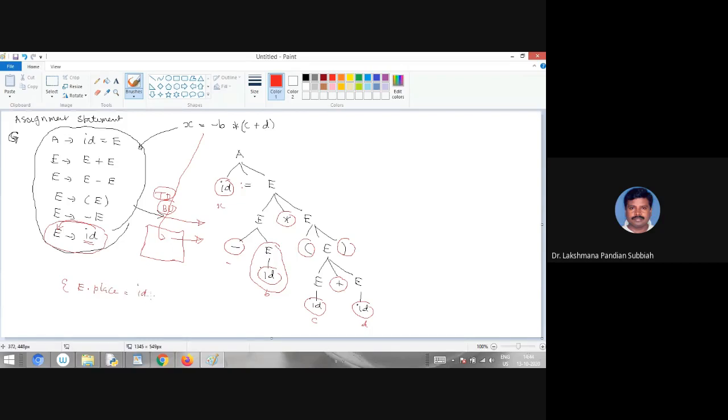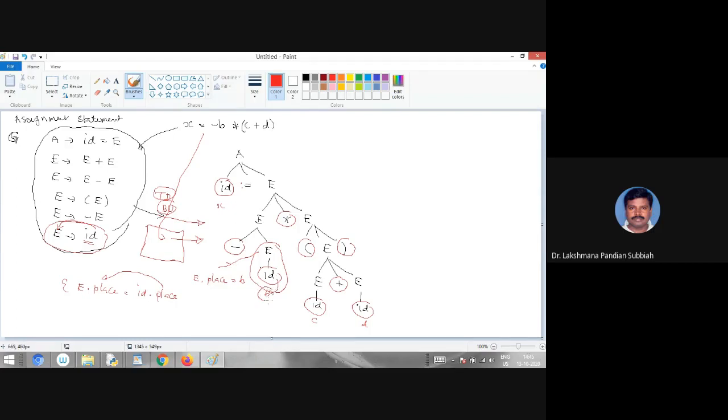In that id, whatever you are having is assigned to E.place. So the action we are taking here is that in E.place you have to take that variable b. In id.place we are having b.